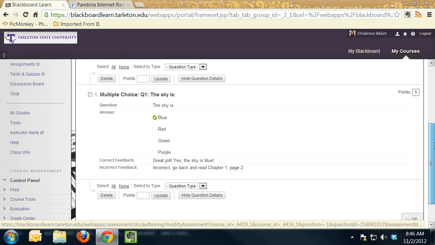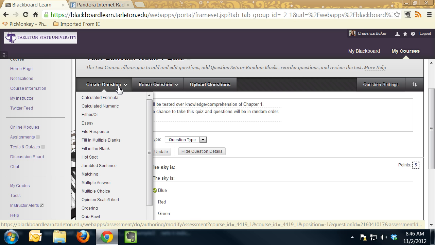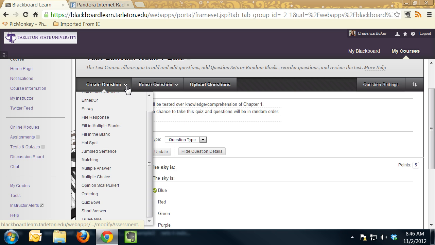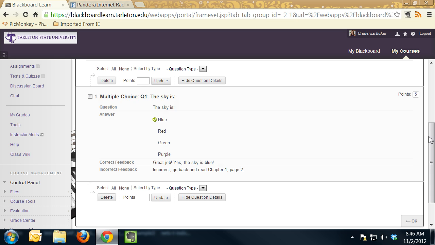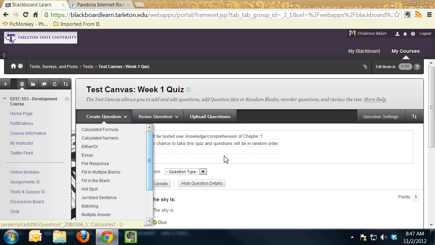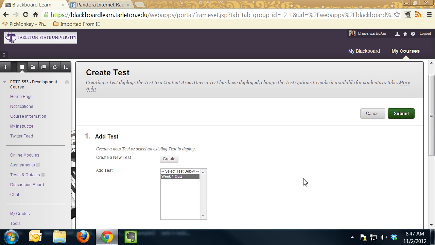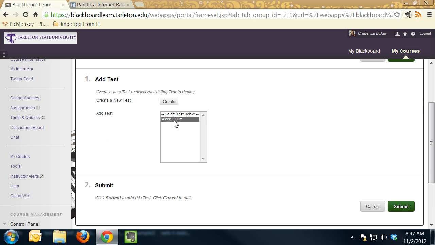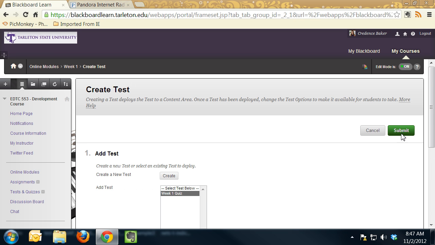Okay, so that's a multiple choice question, and you'll see right from here I can go ahead and create my next question. So I could do a hotspot or a jumbled sentence or any of the other types, and it's just going to add that to the test, and I can also adjust my point values. Okay, so once I have all my questions, I can click OK, and you'll see that it prompts me to add the week 1 quiz still to my week 1 module. So I'm going to submit it,